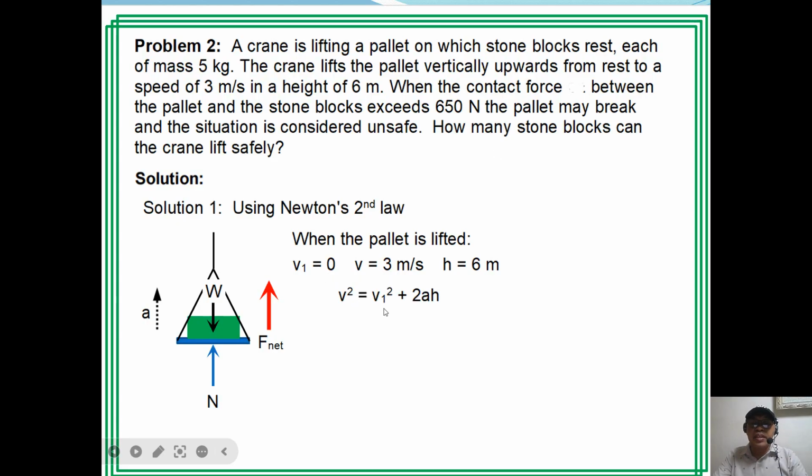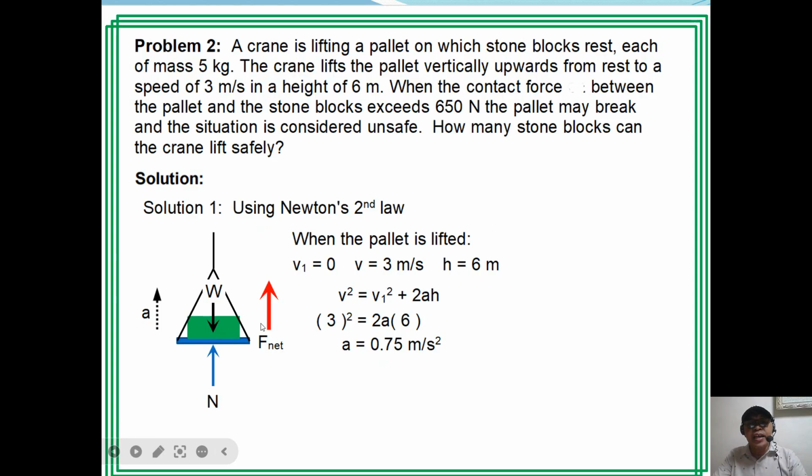So, V squared equal to V1 squared plus 2AH. V1 is 0, so 3 squared equal to 2A times 6. So, acceleration is 0.75 meters per second squared. Okay. Then, since this moves with acceleration, meaning,